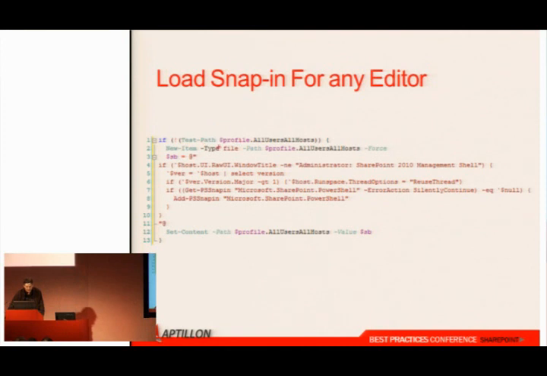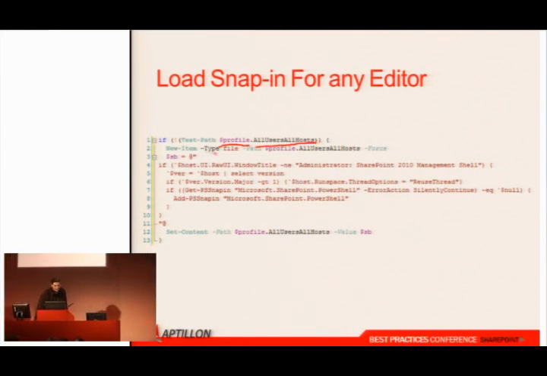So it's going to look at this profile variable here, and this all users, all hosts property on that variable. It's going to check that using the test path commandlet. So if the file does not exist,